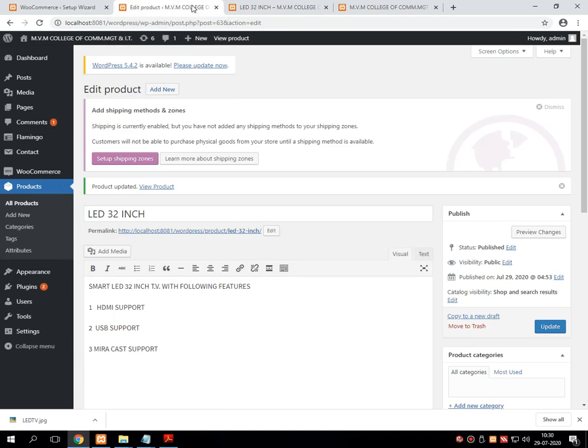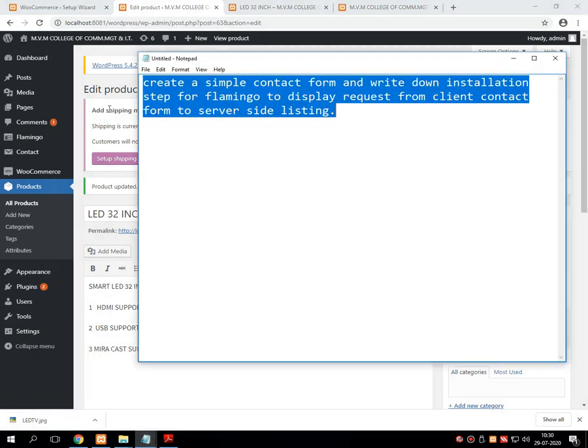So just try yourself creating a store at your home. Just write down the practical that you have to perform at your home.